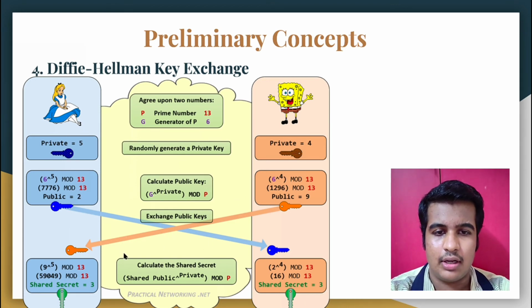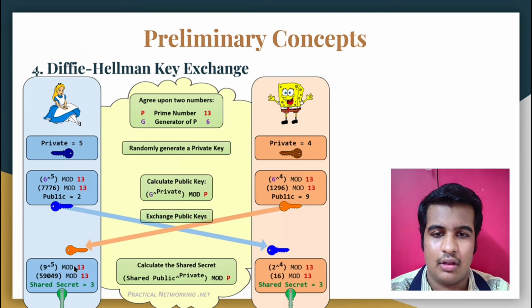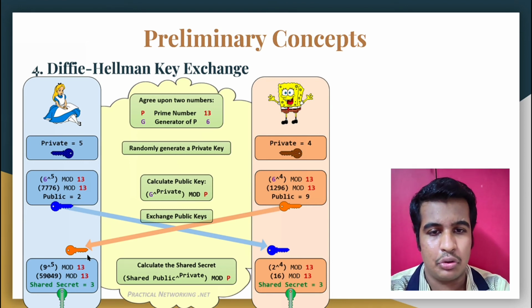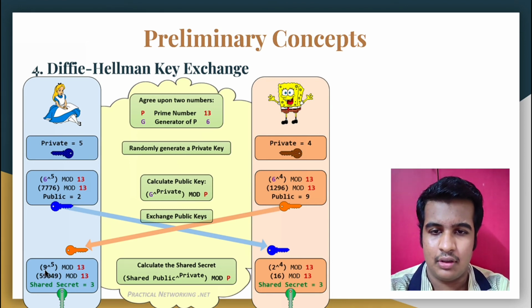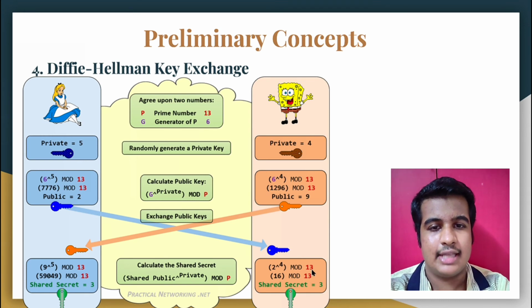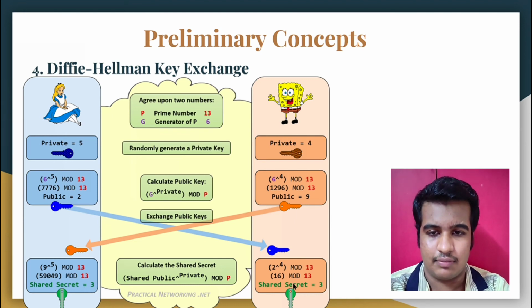Let the number they got be the result R. Both exchange these values, that is Bob gets the value 2 and Alice gets 9. Now they again perform a similar operation on R: the result they got to the power K, the key, mod P, the prime number. Both get the same value, 3. Now both have decided on the same key without letting any third person know what the key was.